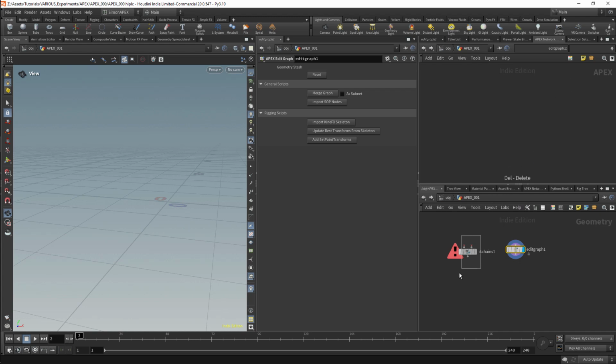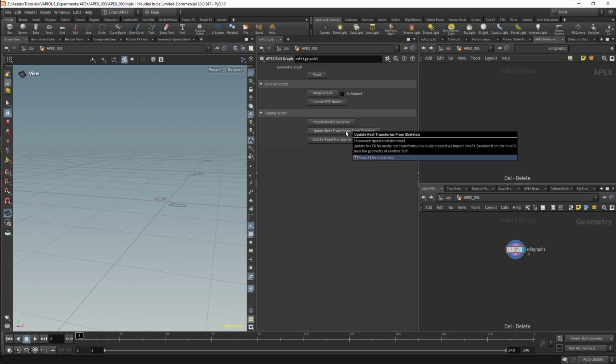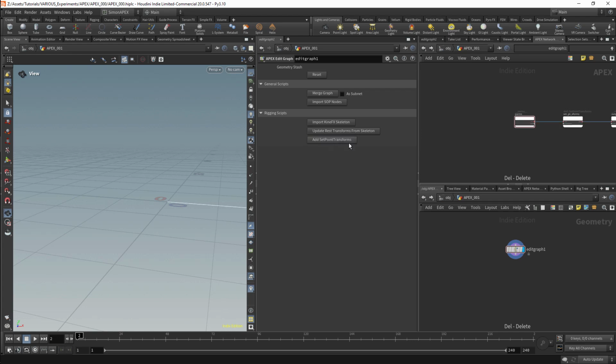That will be the general script. Next we'll have the rigging scripts. I will not start with the import skeleton and update skeleton, as these are the most complex of the scripts. Instead, I'll start looking at the add set point transform node. When we use this, we will not search for geometry, as this will just give us the most basic network